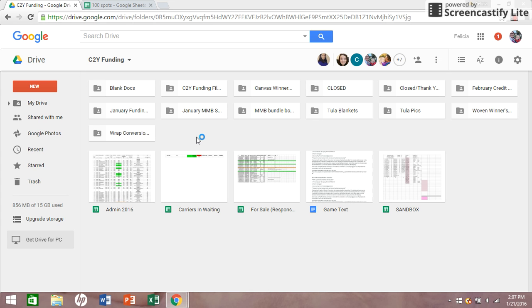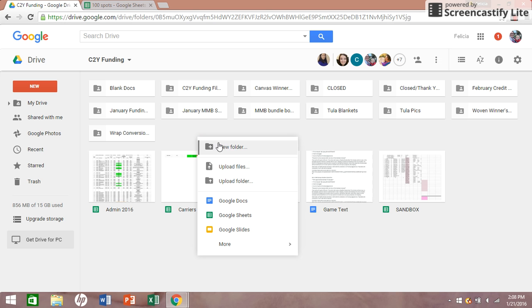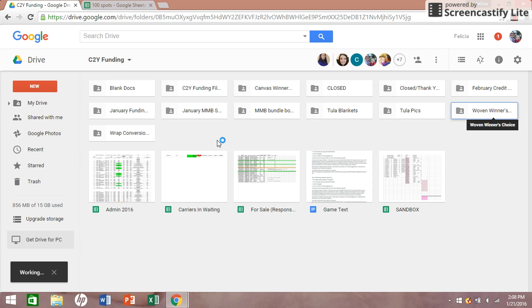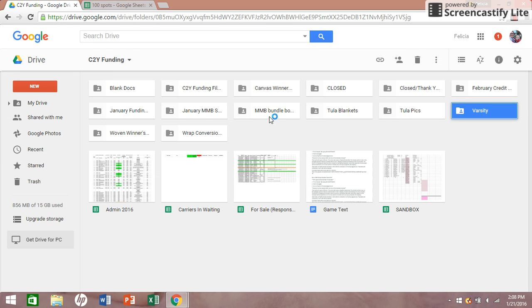Alright, y'all, this will be a quick how-to set up a main game fundraiser. First, on our main screen, you'll right-click, click Add a New Folder, title it to match the carrier you are going to set up the game for. So go into our blank docs folder,